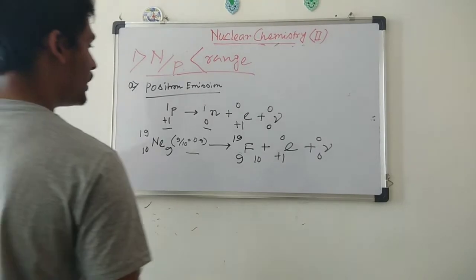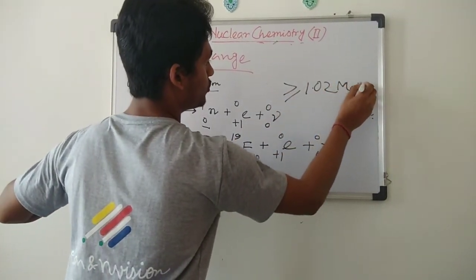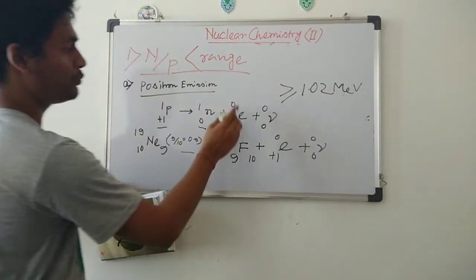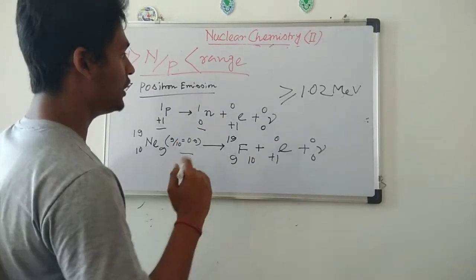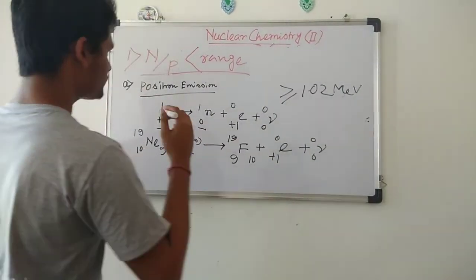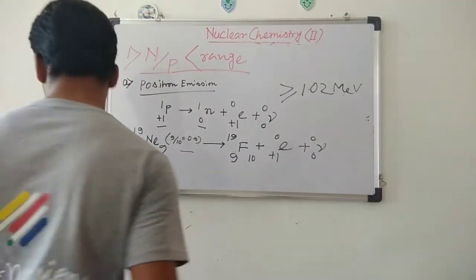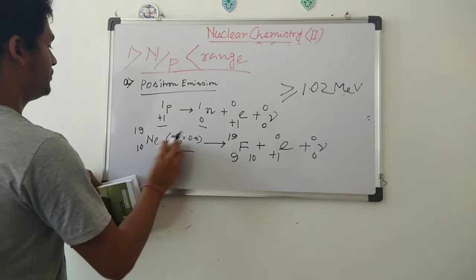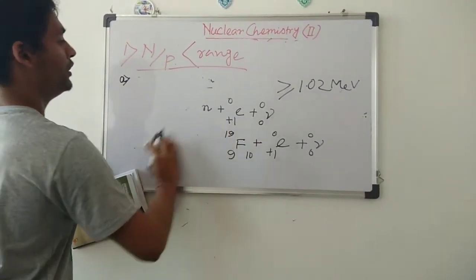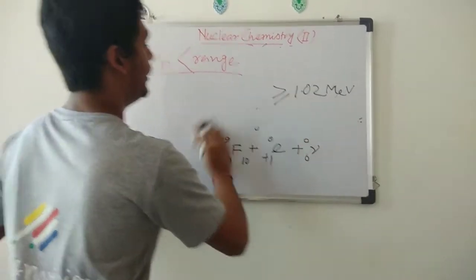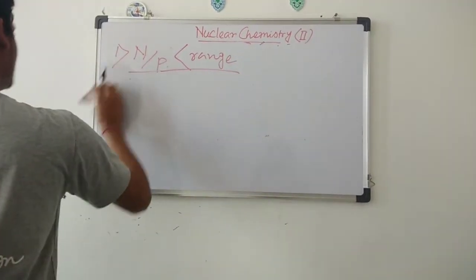Now it also has a high energetic barrier of around 1.02 mega electron volt. Because one positive charge is ejecting, this has a very high Coulombic potential barrier. That's why it also has an energy requirement of 1.02 mega electron volt. So this is the thing. Just the same thing, but with less energy requirement. That's why one more possibility arises. What is this? That is